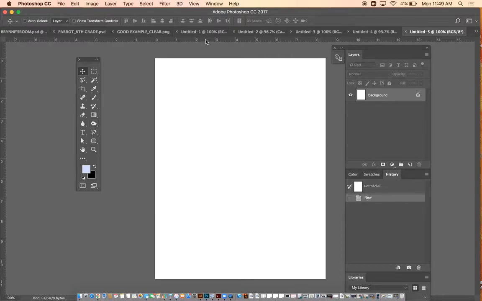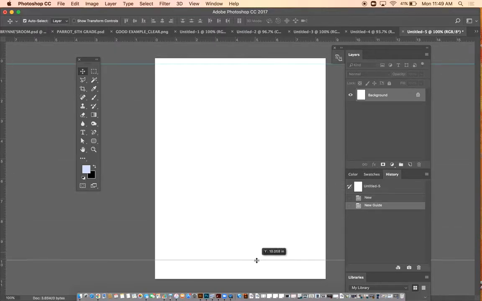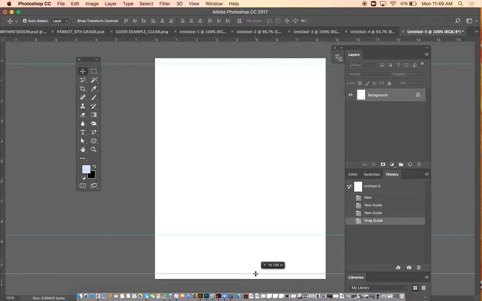Okay, so Control or Command R will open up rulers, and what you can do is drag guidelines down to create your margins. I did 1/4 inch margin. So you drag and pull, and you can pull these guidelines around. Guidelines are actually invisible. So when you go to print, they will not show up in your artwork. But they're here to help you, to help guide any space that you need, whether it be to align text in some way, which I'll show you eventually, or just to use specifically as a margin,